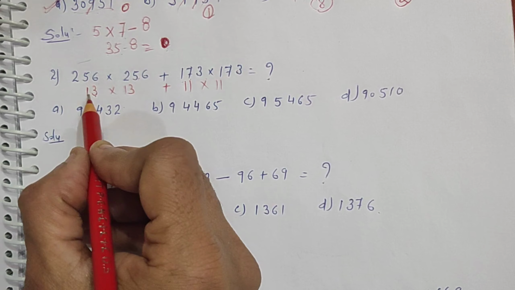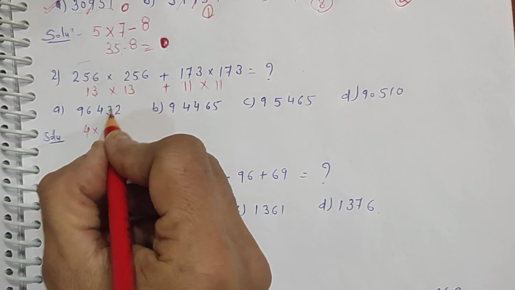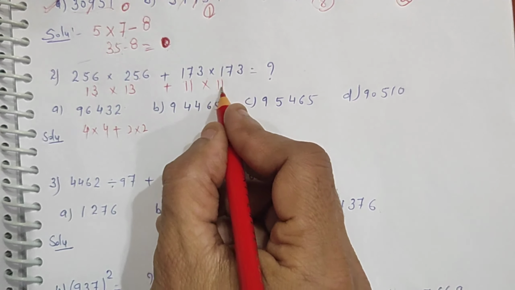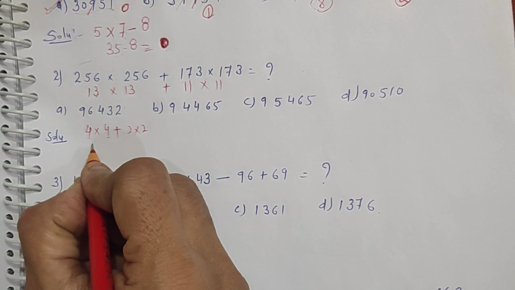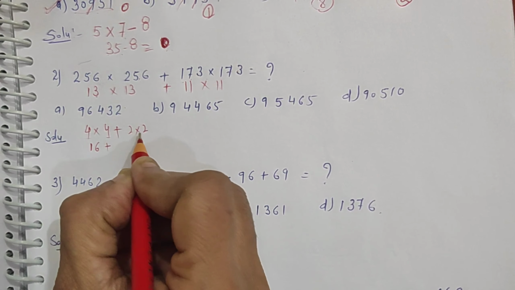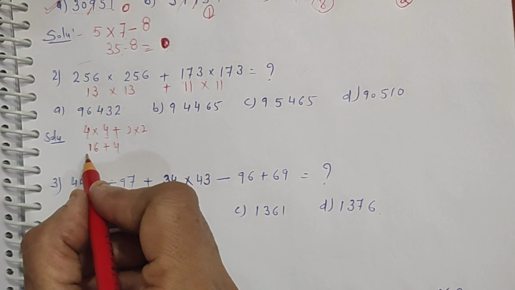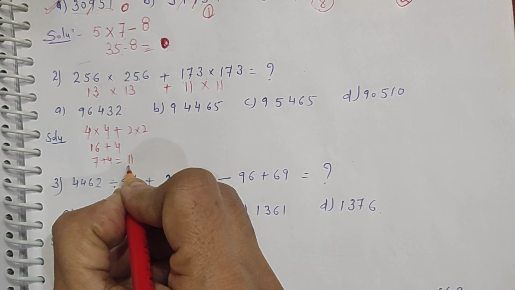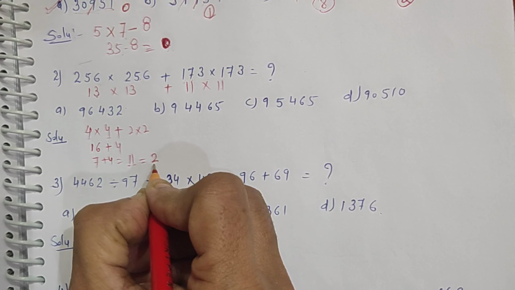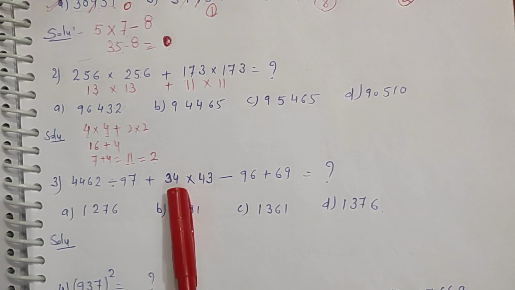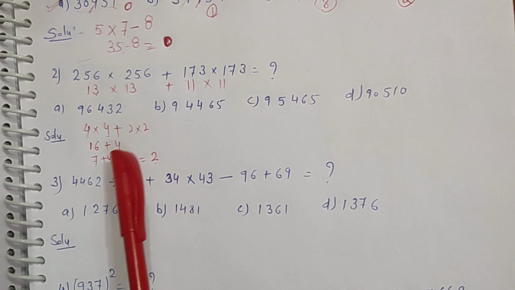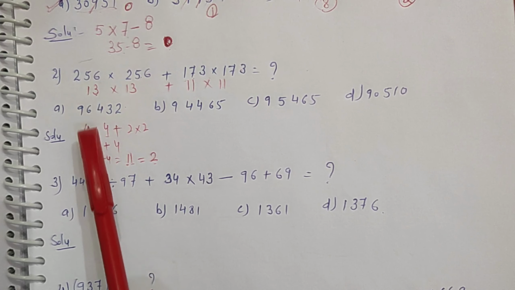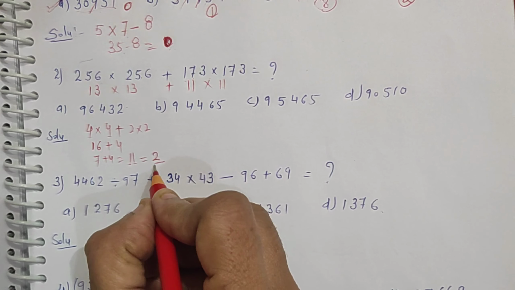Now if you add this, 3 plus 1, 4 into 4 plus 2 into 2. Right? 1 plus 1, 2. 1 plus 1, 2. If you multiply this, 16 plus 4. So that is 6 plus 1 is 7 plus 4. That will be 11, and 11 means 1 plus 1 is 2. Means we have to go on adding till I am getting 2. I was explaining this, that's why it took that much time. When you come to know how to add, you will verbally add these numbers. Right? So you must get remainder 2.